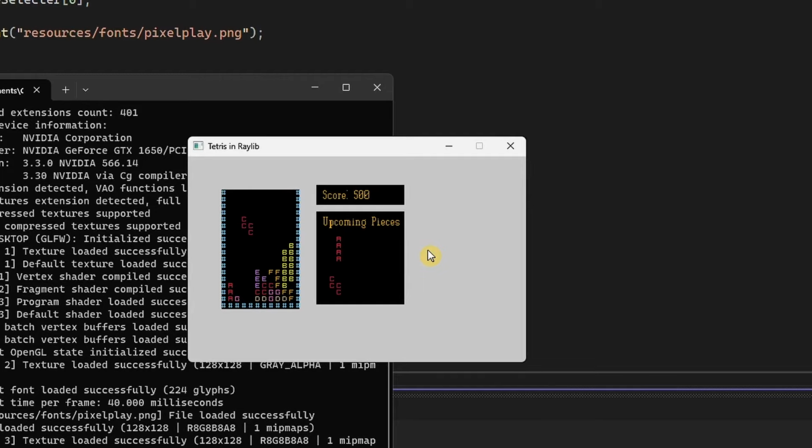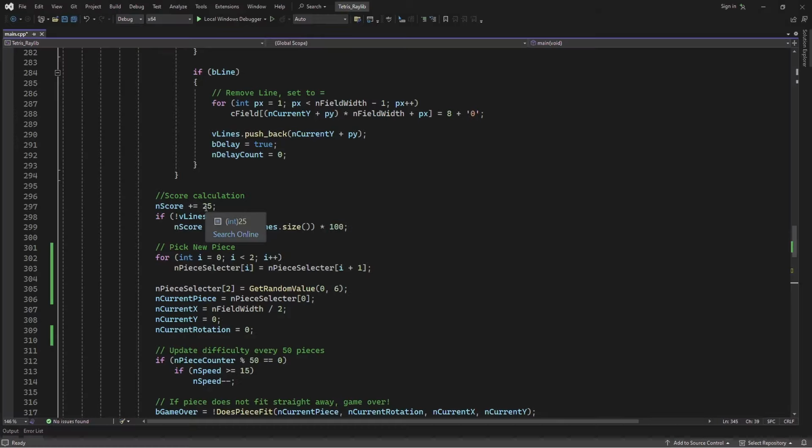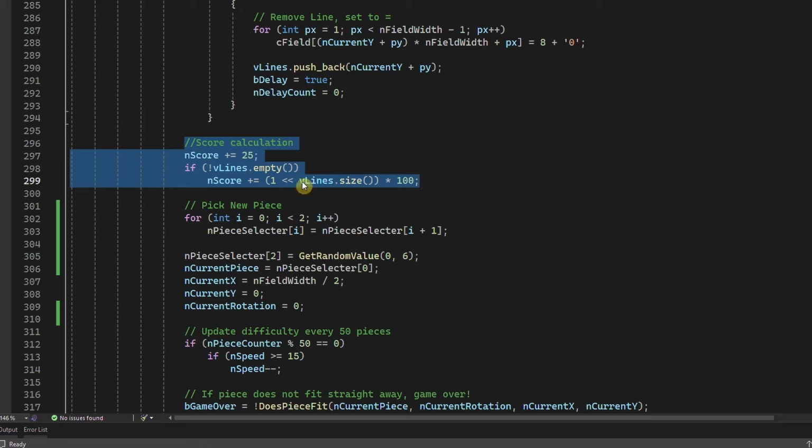And that's what happens when you create a line. There was a delay of about 1 second before the pieces got removed, and the rest of the pieces above it got pushed downwards. So back over here, we have the code for calculating the score, then we have the